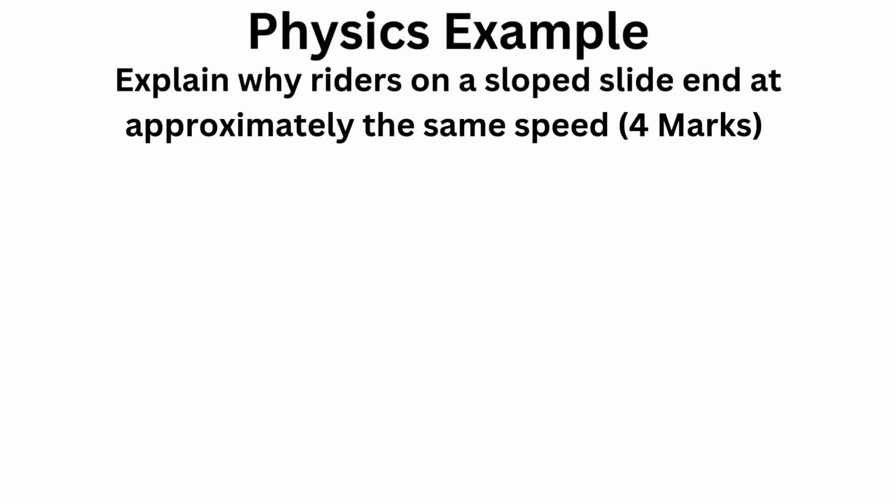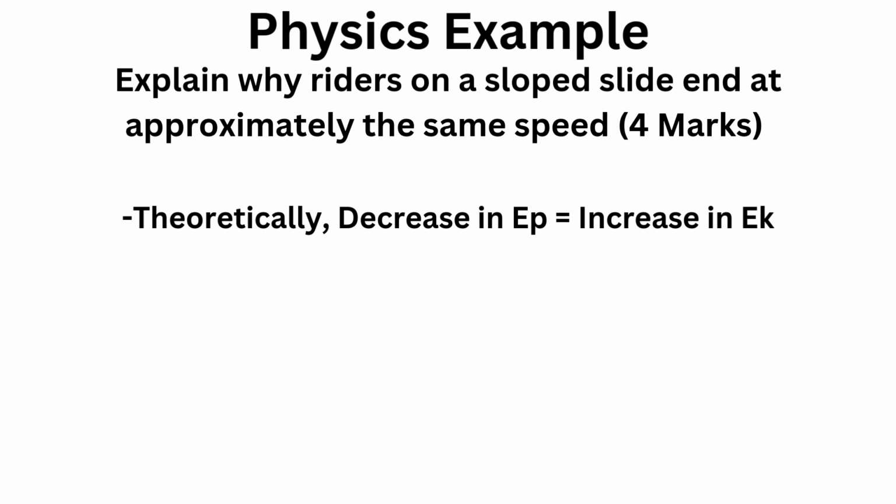A physics example to end. 4 marks, so only 4 points needed. Explain why riders on a slide end at approximately the same speed. First, let's establish the theoretical idea that a decrease in the rider's GPE store is equal to the increase in the rider's kinetic store. Therefore, kinetic energy, given by the formula half mv² is equal to the GPE given by